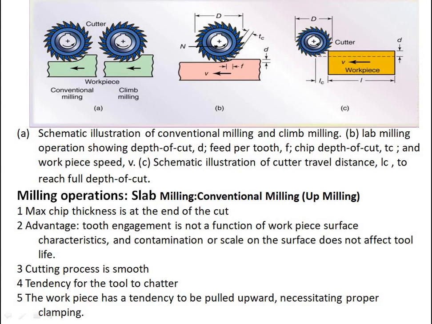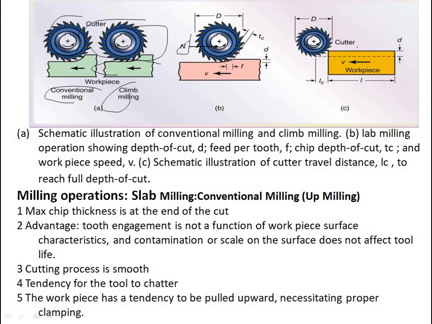So next we'll be discussing the milling operations. Okay, in milling operations, at the two sides are the cutter wheels, and the workpiece is below the cutter wheel. We have shown conventional milling and climb milling over here. You all can see the diameter D. These are the parameters: diameter D of the cutter wheel and speed N.